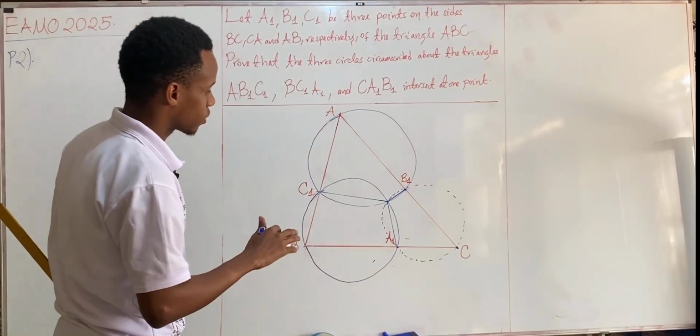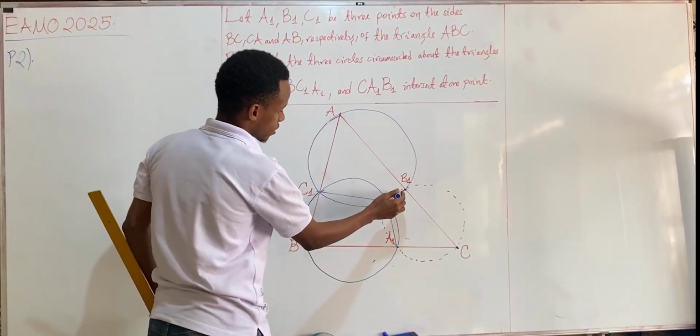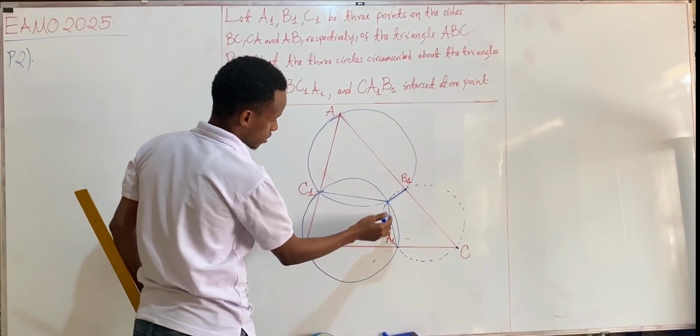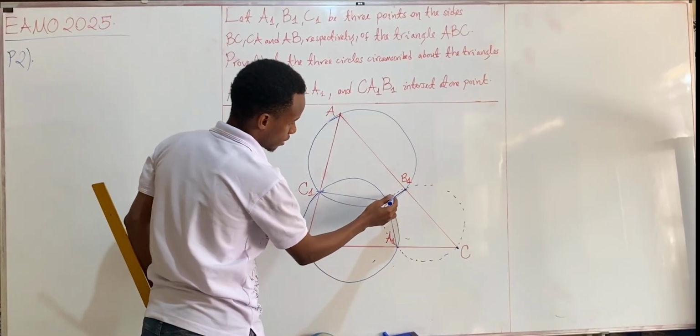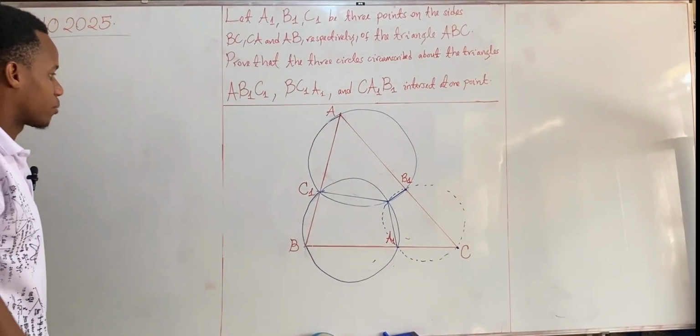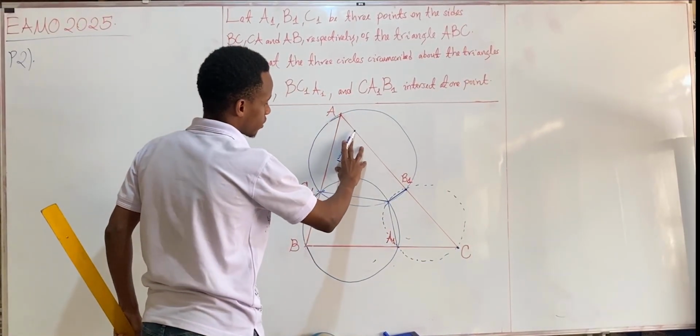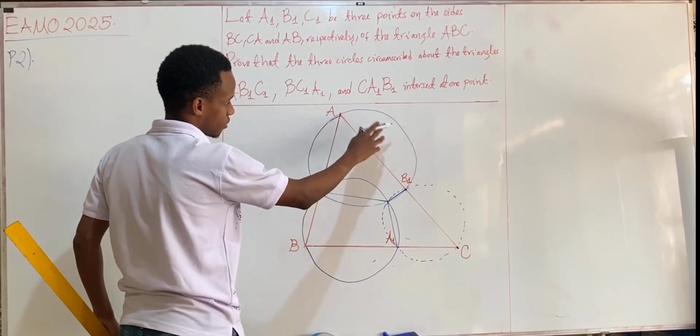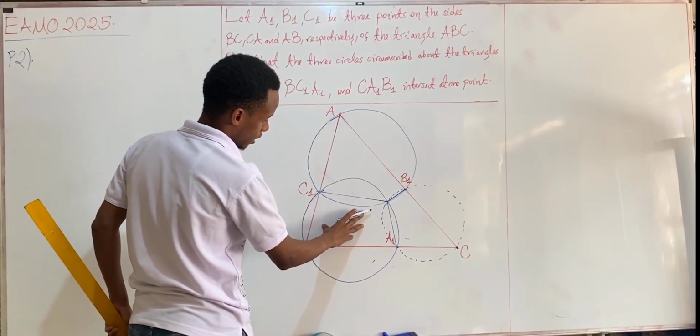So we have three quadrilaterals here. We have this quadrilateral, we have this quadrilateral, and then we have this quadrilateral. We have three disjoint quadrilaterals, and we already know that the upper quadrilateral is cyclic by definition, and this